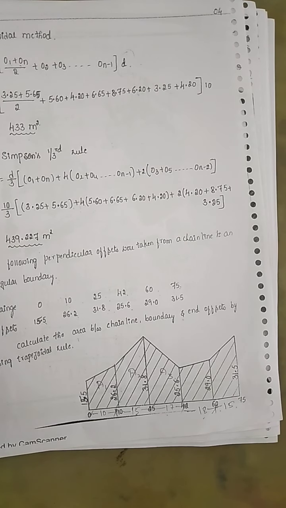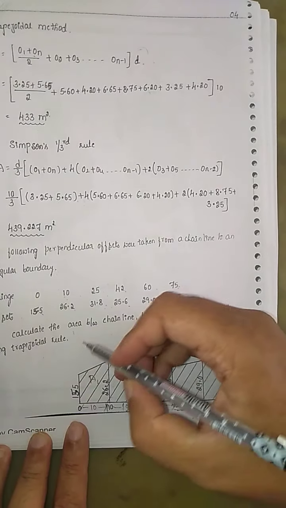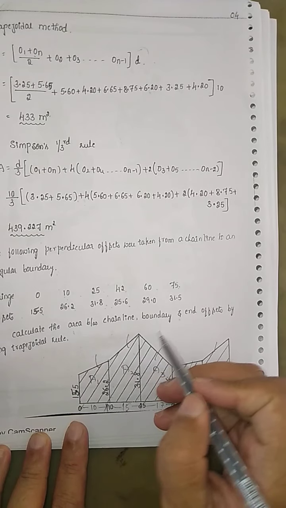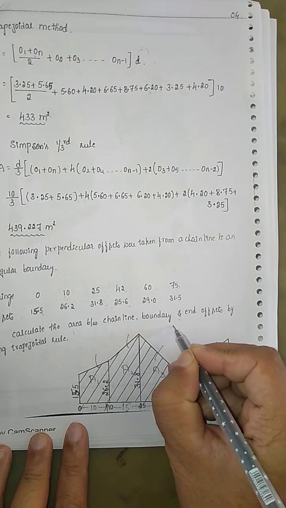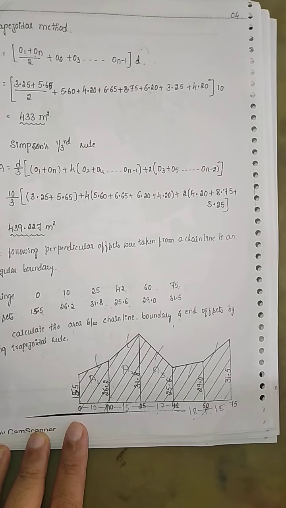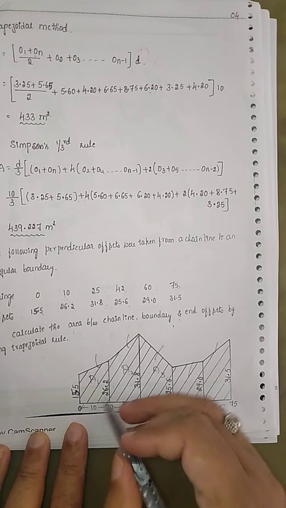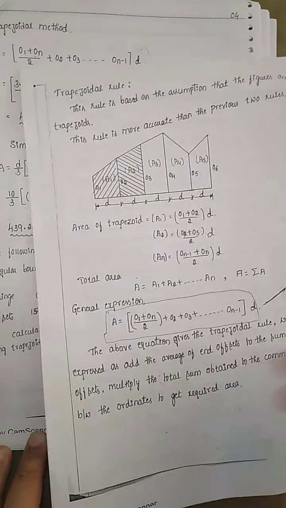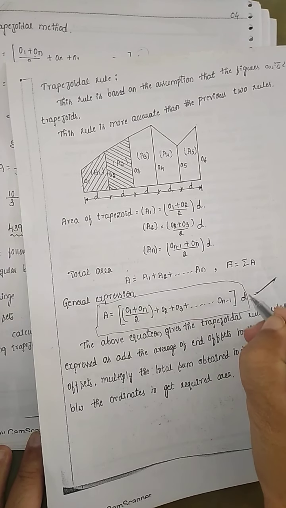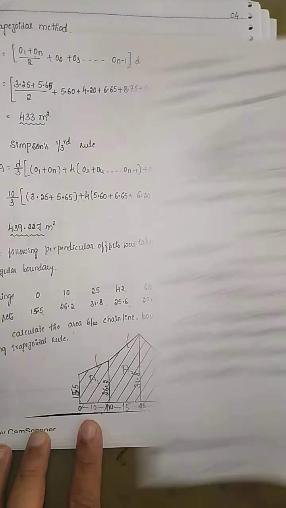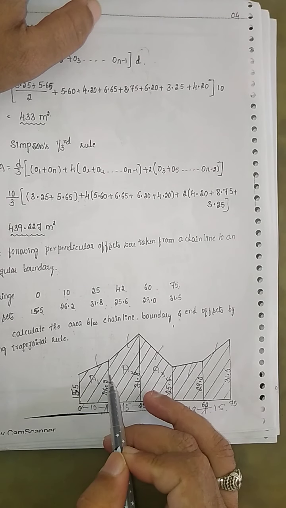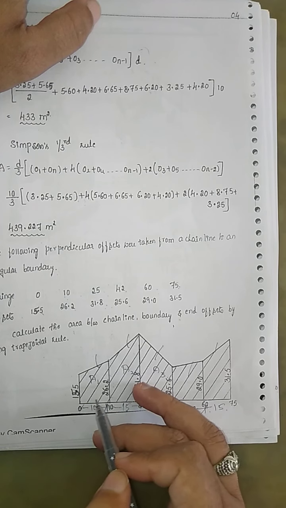So what we are going to do in this particular problem is find each area separately, then this, then this, then this, and at the end we are going to add them. Now your trapezoidal rule says A is equal to (O1 plus On) divided by 2 plus O2 plus O3, but here D is going to vary. So we cannot take this entire thing as common and multiply, because D is varying. So we will utilize the trapezoidal formula separately. The trapezoidal rule says O1 plus O2 divided by 2 into d.